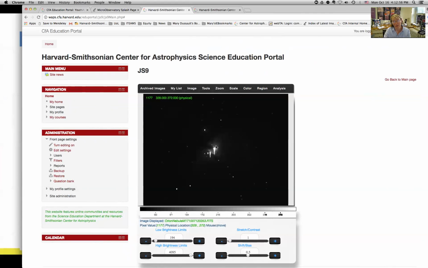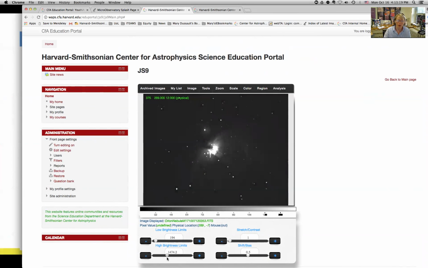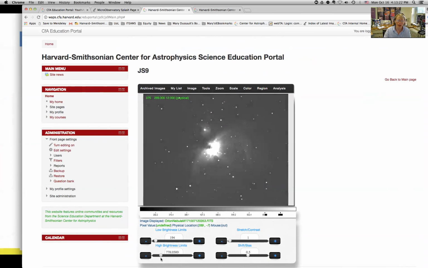Well, I have some values I know that are in here in the thousands, and right now they're colored dark gray. I want to boost them, so I'm going to lower my high brightness value. This is always the first thing you want to do to enhance your image and see if there's more detail. So I'm going to bring this down, and more and more and more of that Orion Nebula shows up. You start to see some things out here, but